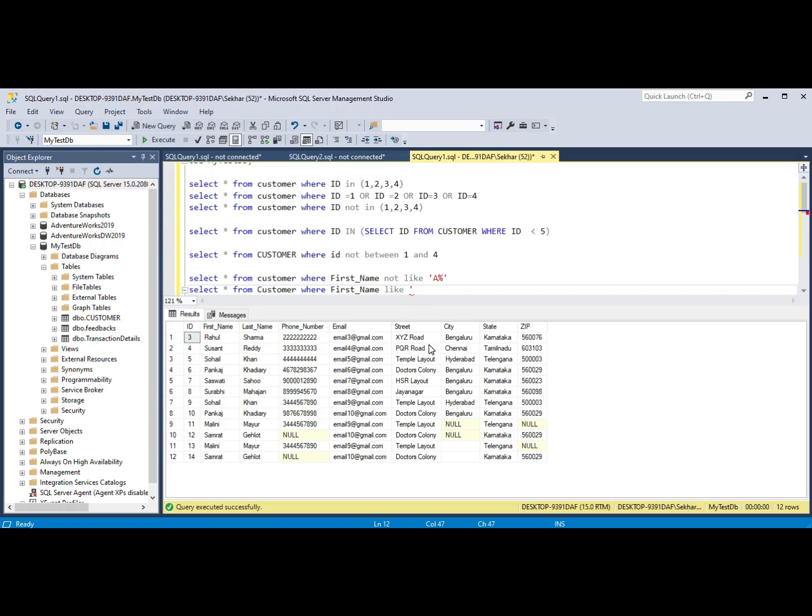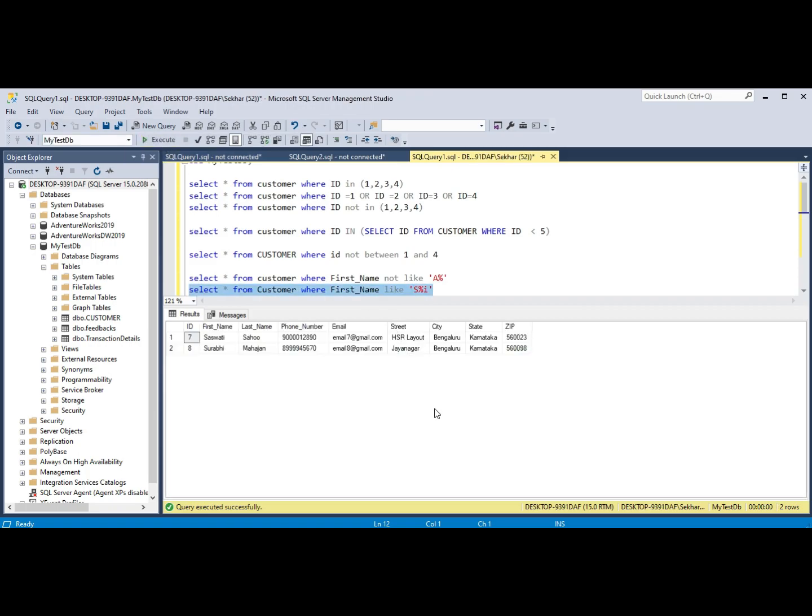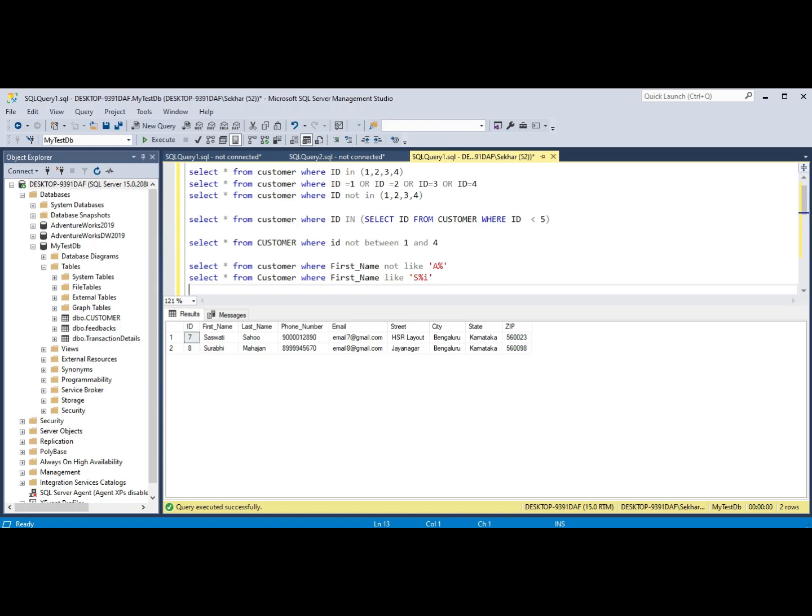Our requirement is first name should start with S and should end with I. So we will give it like this, S percentage I. Let's run the query. Now you see it is giving the records for which first name starts with S and ends with I.